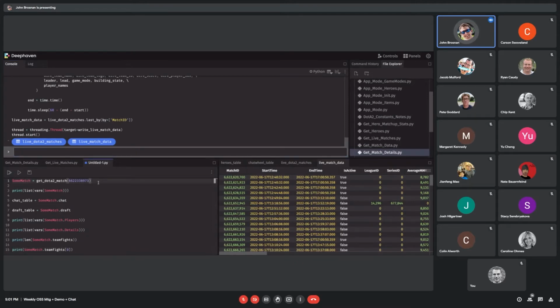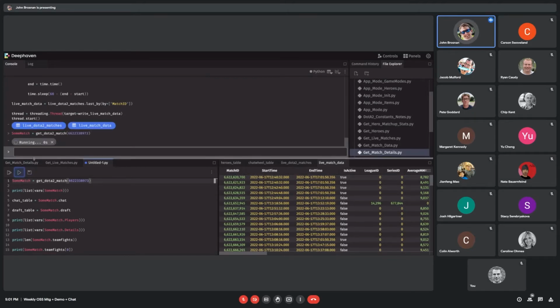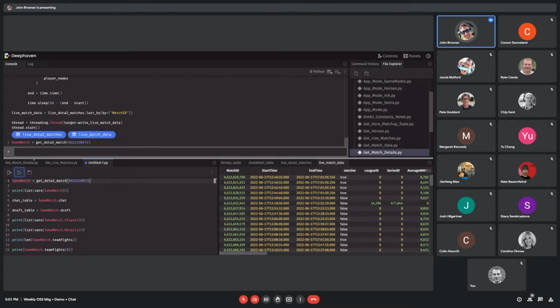So I have a match that I've been looking at and playing around with this past week. All you have to do is give it an integer match ID. So if you're taking a look at the top live ongoing games, just take the match ID from the column that you're interested in and feed it to this function. I'll run this, and it takes about, that was quick. Usually it takes 2 to 5 seconds to pull all the match data,